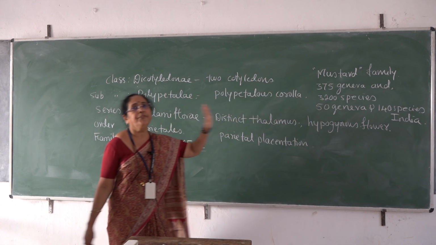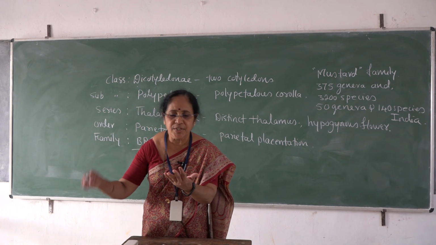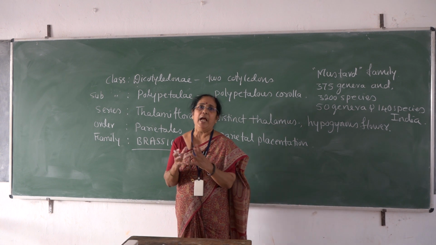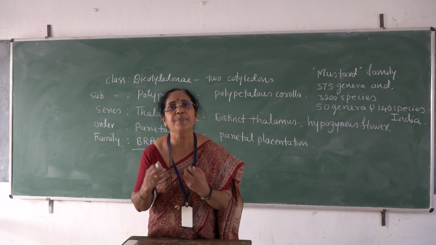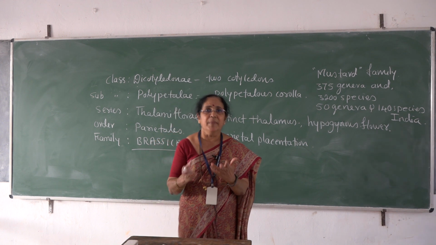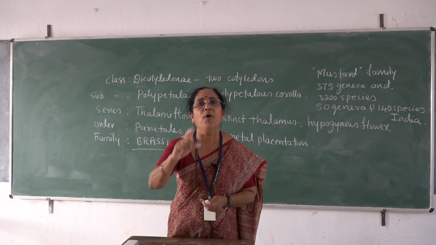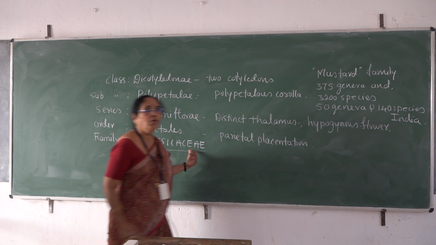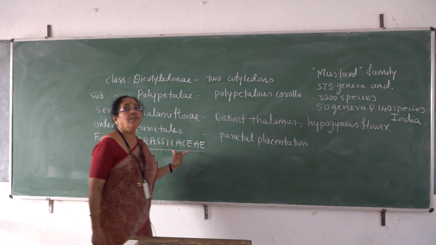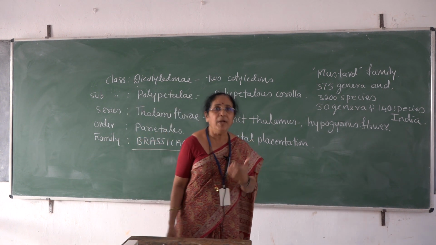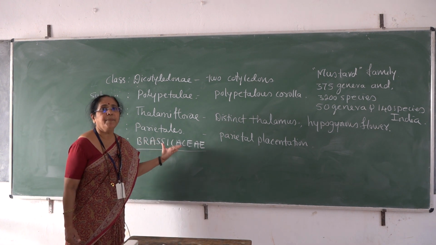So mustard, all of you know the mustard. And what is the speciality of this mustard? When the mustard is put into hot oil, it cracks. And during the cracking phenomenon, it emits a kind of odor, right? It is having a special kind of odor. The odor of that mustard is due to the presence of sulfur as volatile oil. And that is a very important character of the members which belong to family Brassicaceae. All the plants which are characterized by the presence of sulfurous odor in them belong to the family Brassicaceae. It's called Brassicaceae because most of the plant names begin with the